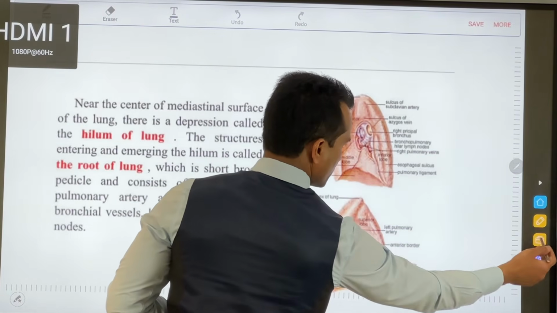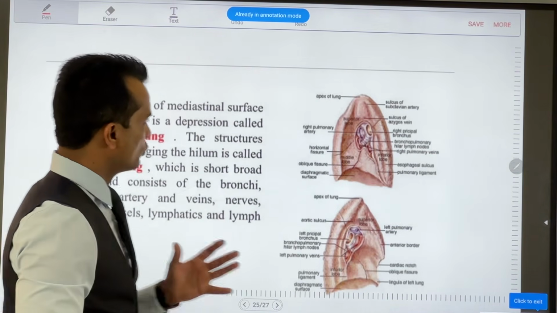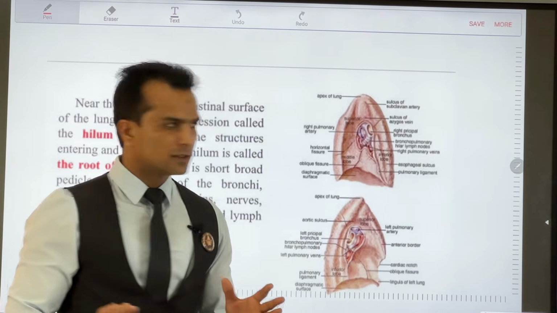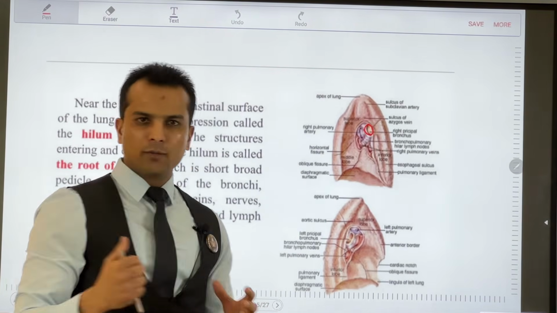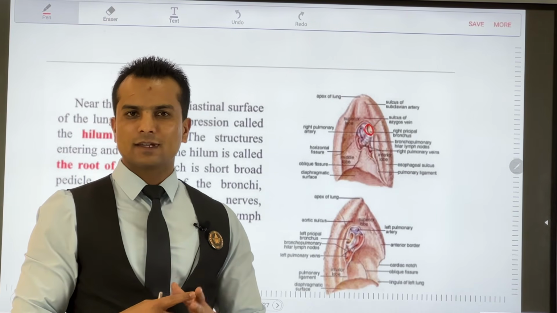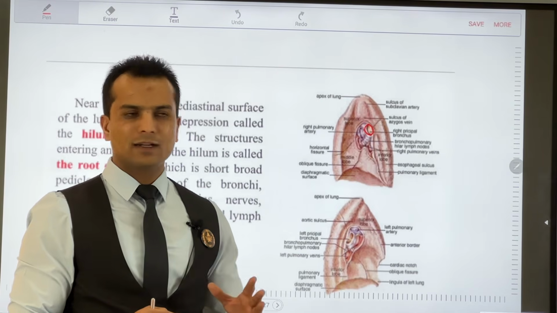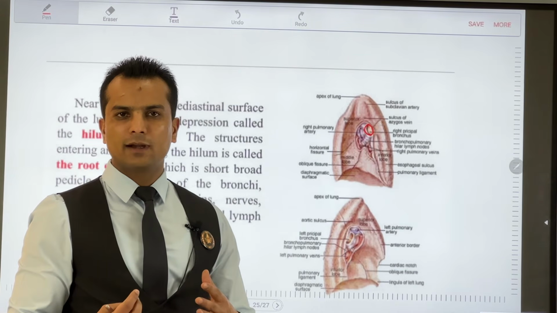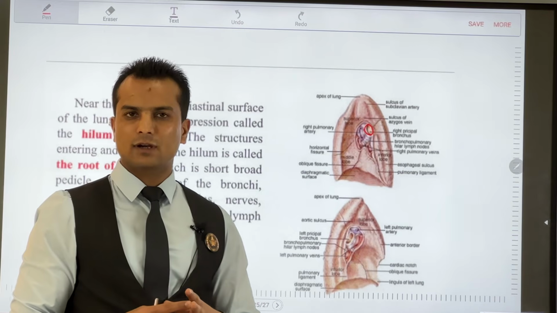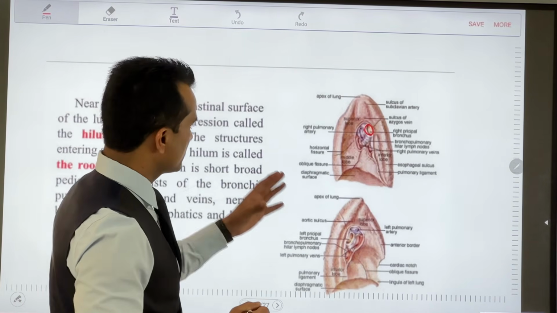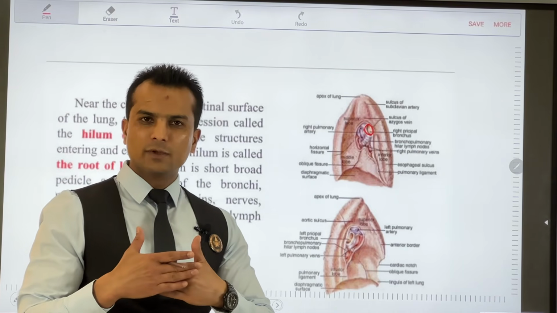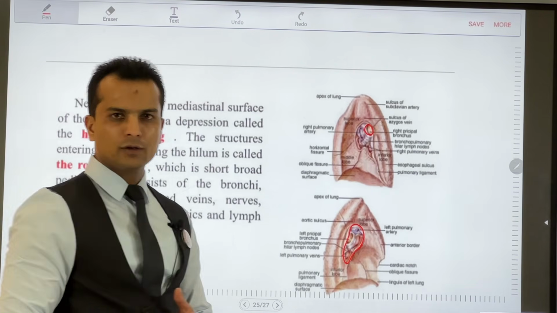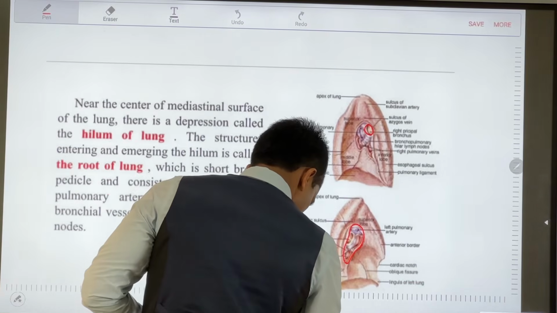In the next structure you can see this is basically the hilum, the root of the lung. Why is this called the root of the lung? Because the bronchi enter the lungs through this hilum. The pulmonary artery enters the lungs carrying deoxygenated blood, the only artery, remember, carrying deoxygenated blood, through the hilum. Pulmonary veins exit the lungs through the hilum carrying oxygenated blood into the left atrium of your heart. So all these structures, whether arteries, veins, or the bronchus, form the root and enter the lungs. So this is called the hilum, or the root of the lung. You have to prepare and draw this structure also, please. Next,